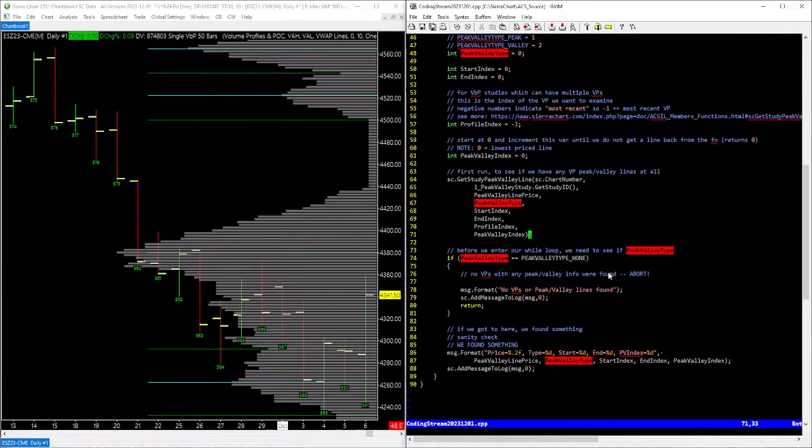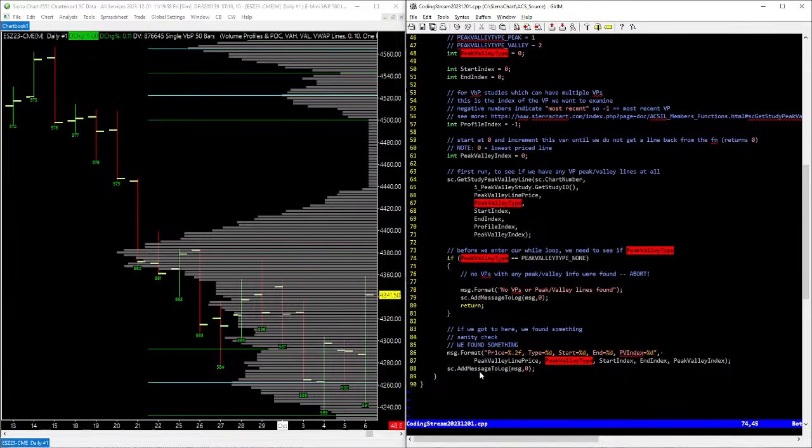So, okay, the last thing that we need to do here, Ziggy, is we need to loop through any other peak valley indices that it may have found on the chart. We don't want to just explicitly look at the first one, the lowest price. We want to look through all of them, right? Our sanity check here, if we found none, we're going to bomb out right here on this return because we found none on the very first try. However, if we did find one,